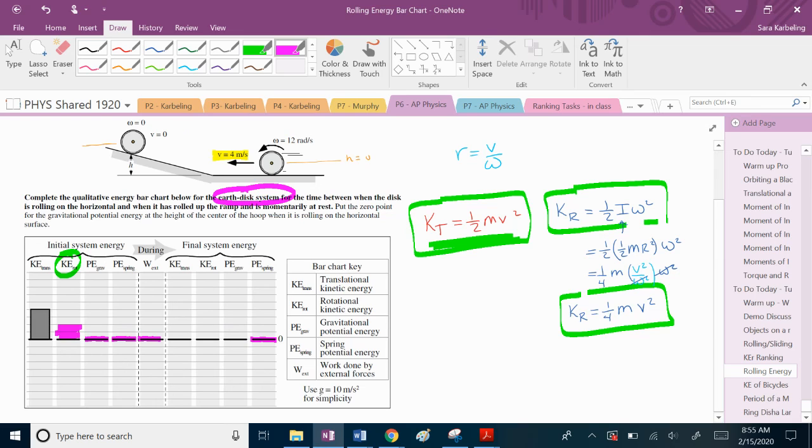At the very top, it says that it's momentarily stopped, which means there is no translational and there is no rotational. And so, friends, we've got 1, 2, 3, 4, 5, 6 bars here. Conservation of energy states then that we should have 6 bars at the end, and they are all in gravitational potential. So there's 1, 2, 3, 4, 5, 6. So your chart should look something like